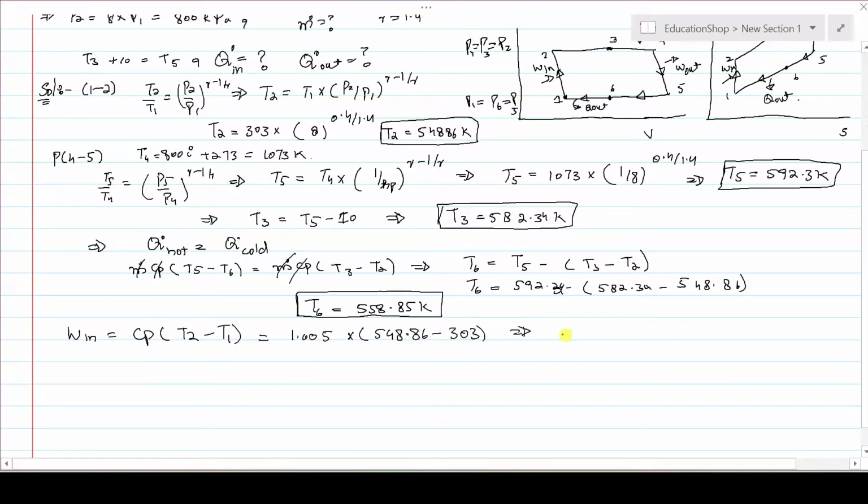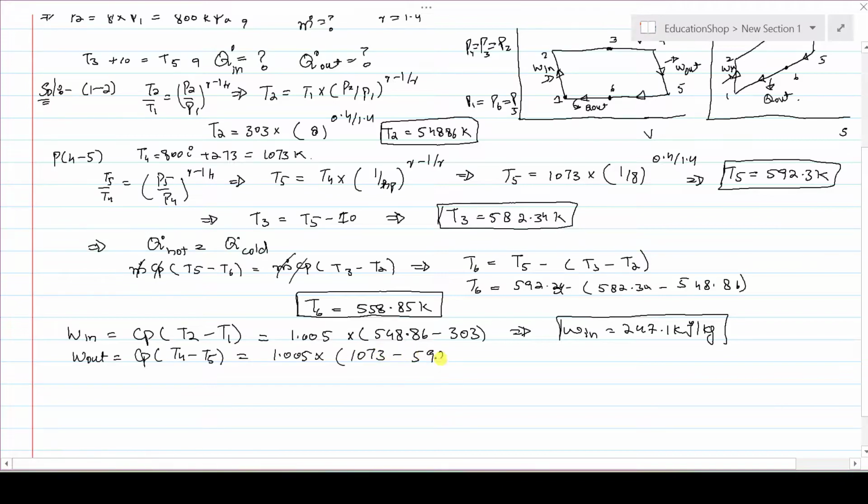When you solve this, you will get the work input to run the compressor per kg, that is 247.1 kilojoule per kg. Work out in turbine, that is Cp, T4 minus T5. T4 is the maximum cycle temperature, that is 1073 minus T5, that is 592.34. When you solve this on calculators, you will get the work output by the turbine, that is 483 kilojoule